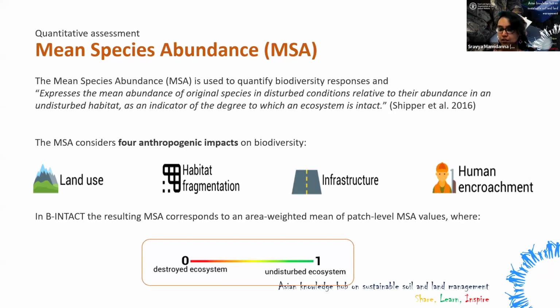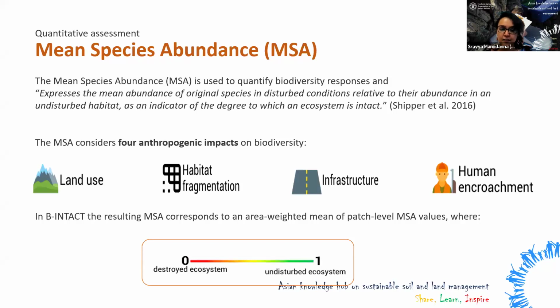It doesn't take into account something called the ecological value of the assessment site. So, for example, in some instances, a forest and a desert can both be considered a completely undisturbed ecosystem, which is not the same. However, conservation efforts, for instance, in forests may be more relevant than in the case of deserts, right? So in that way, MSA also has its limitations about accounting for ecological value or ecosystem services value of a